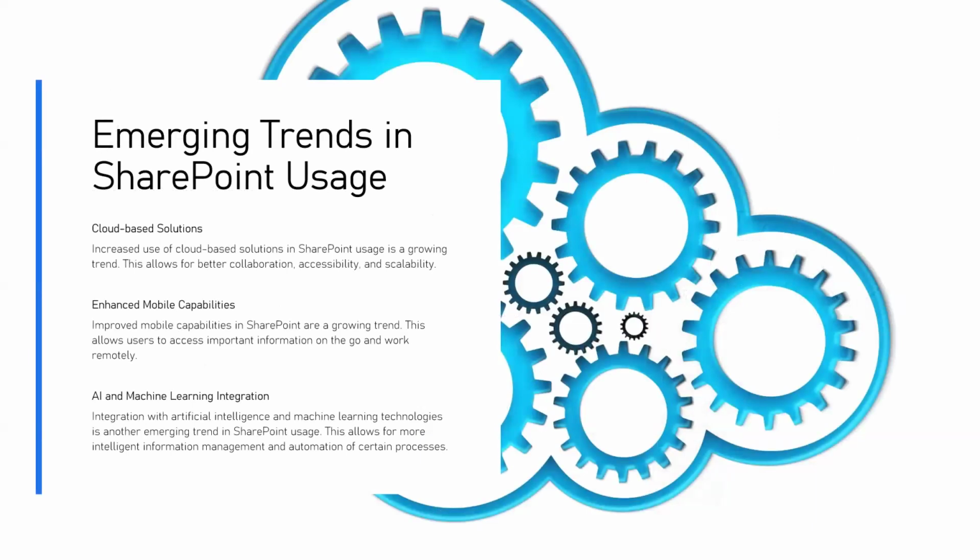Emerging trends in collaboratory platforms include an increased use of cloud-based solutions, enhanced mobile capabilities, and integration with artificial intelligence, machine learning, and technology. So if you had noticed, Copilot has been added into Power Automate and Power Apps. So there are different ways that you can do these things, which you will learn over time.